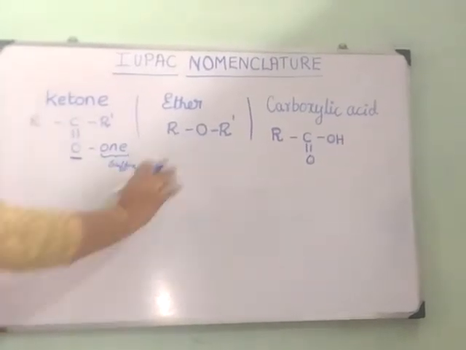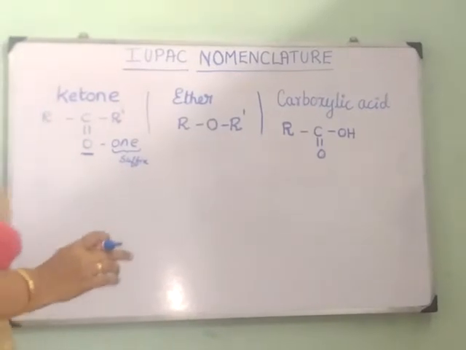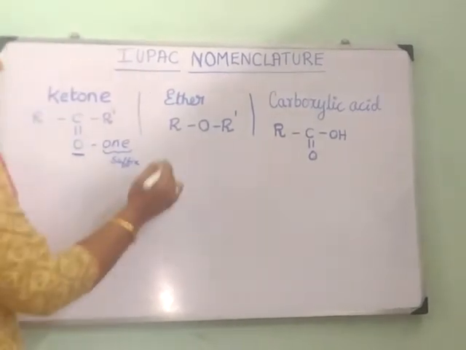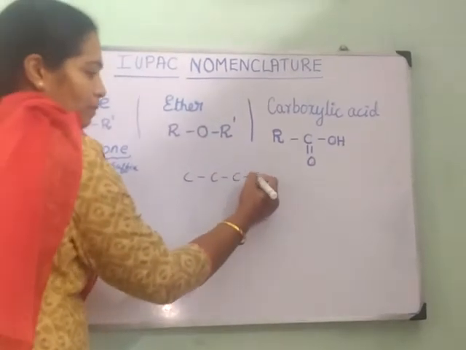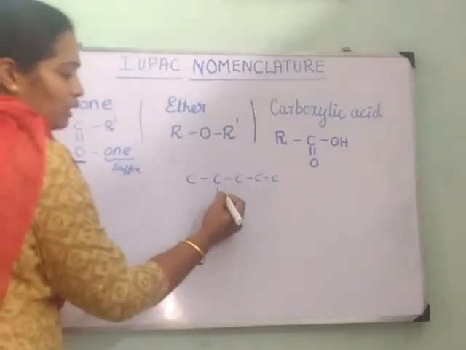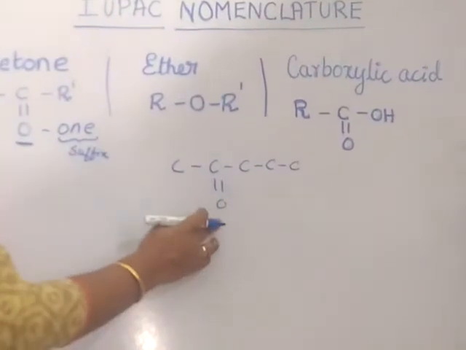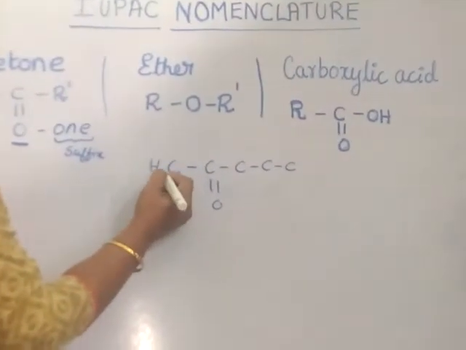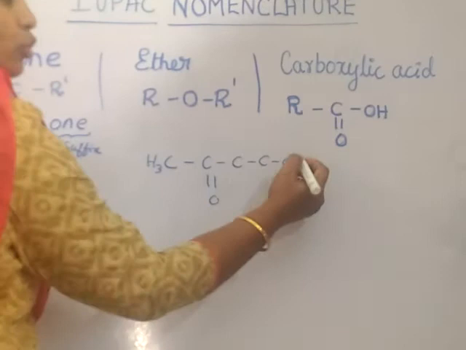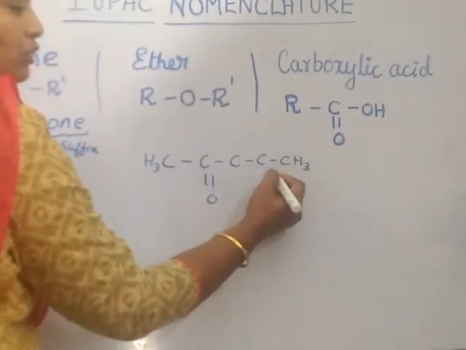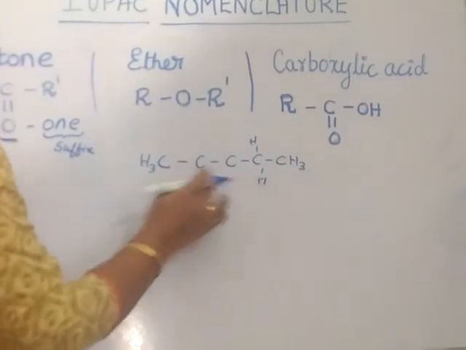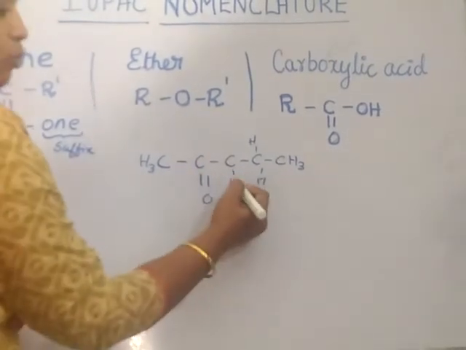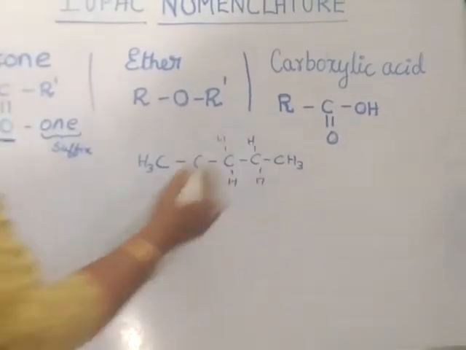Now, let us take a structure of a ketone so that we will understand this better. Let me draw a structure. I'll take again a 5 carbon compound. Here, let me put a double bond O. This is the functional group. And as usual, I have taken only alkane, so you have to know that everywhere the hydrogen is bonded with the carbon. Here 1, 2, 3, 4, the valency is satisfied, so no more hydrogen there. This is the structure.